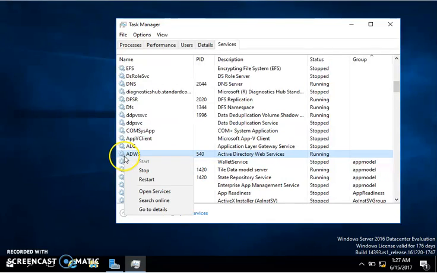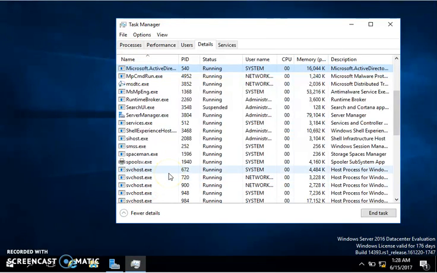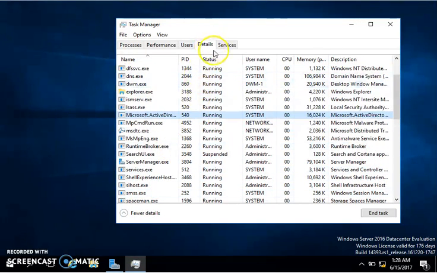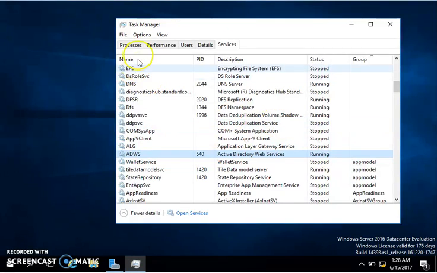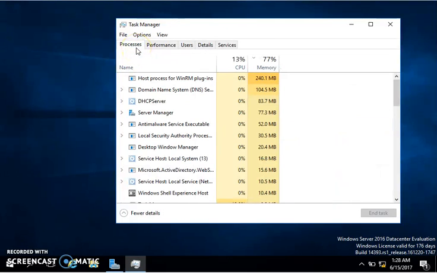If something is not working and we want to stop some software or any action in the background, for example we want to download something and the Windows updates are running in the background, we want to stop that because we need the downloading speed. So we can stop it right over here by right clicking, and we can restart it. We can open the services, or go to the details and everything in there. So this is really beautiful. This is the basic thing in